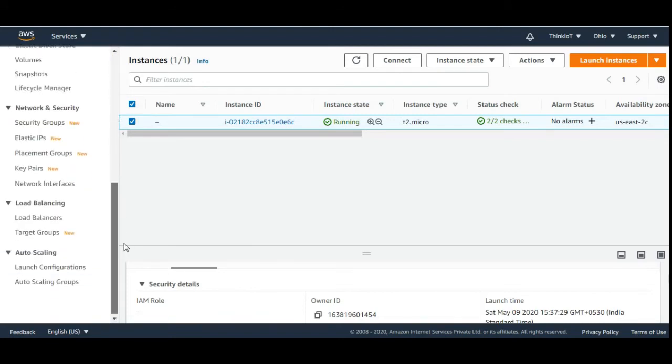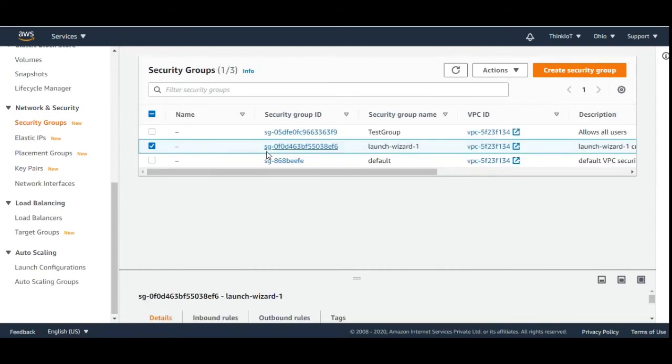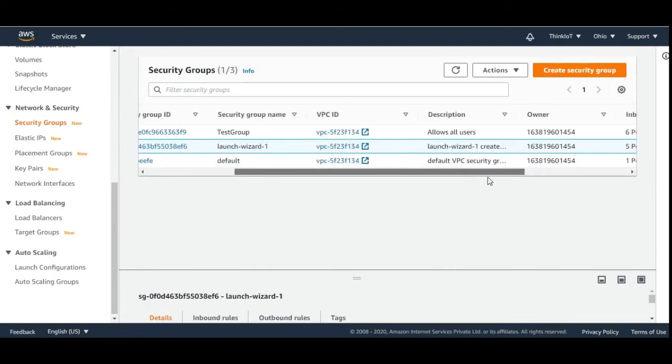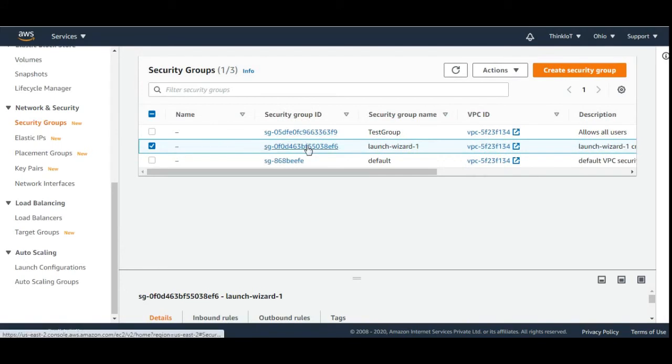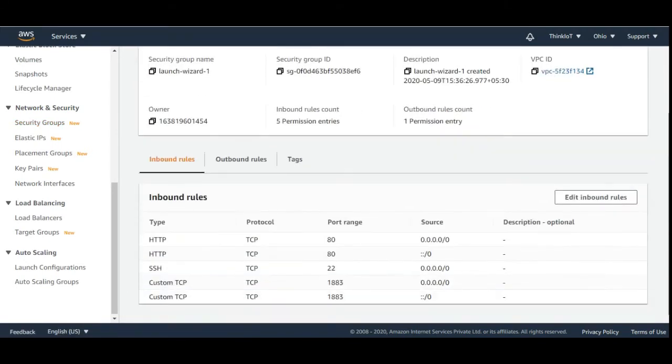This is the Amazon EC2 dashboard, and when you go down, you click on security groups here, and it opens up which security group you're using. I'm using this security group ID, and when you click on that, you'll see the inbound and outbound rules.